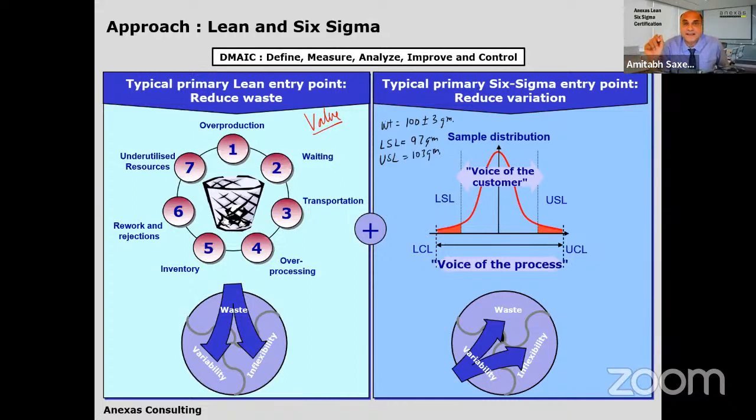But the real value is the transfer of knowledge, learning of tools and techniques. And this value would be delivered only and only if you are following the steps which are directly creating value